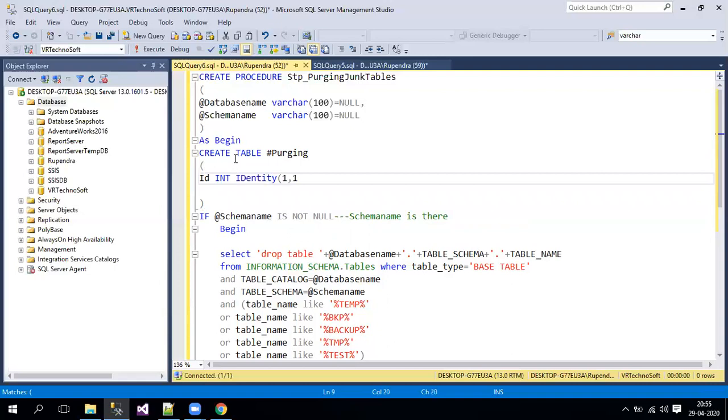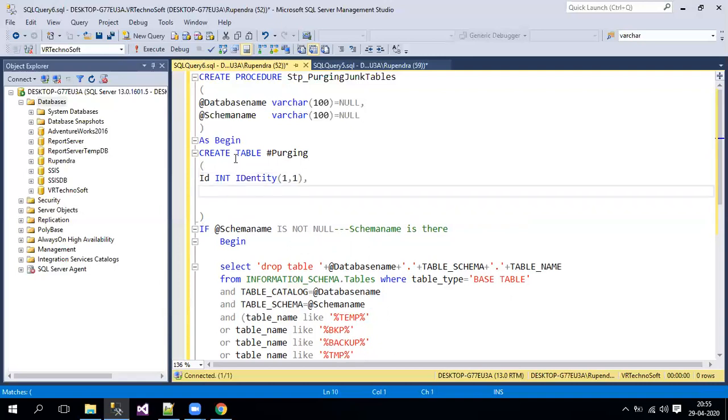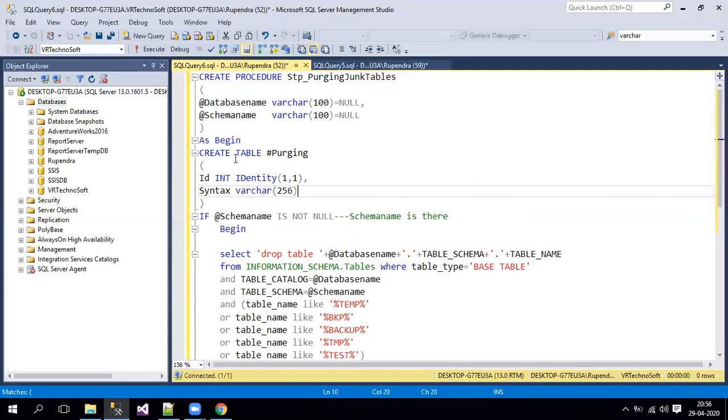I'll tell you why I'm taking this identity. And I'll also add the syntax column, which holds the table name, you can name it anything, and it will be varchar of 256. I have mentioned 256 because it's a default number people use in real time.